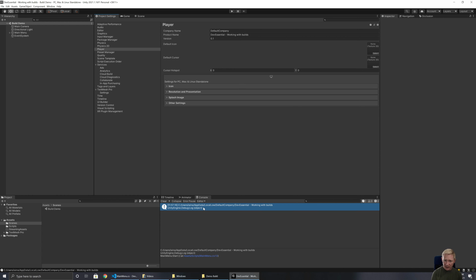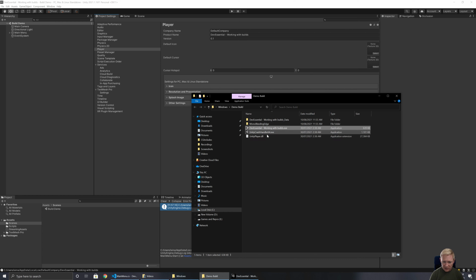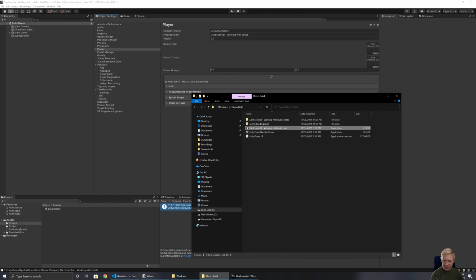And so, okay, well, we know where our data is going to get stored. What about getting information back from a build? Because we have done this build, and so I've got this, and I could run it, and it's not going to do particularly much. We get our splash screen, and the version number is not really doing anything at the moment. And I can exit it, but that will have actually logged information out. So we can find where our logs are stored. Where they are stored does change with the platform. That's an important thing. Where the logs get stored does vary based upon the particular platform,